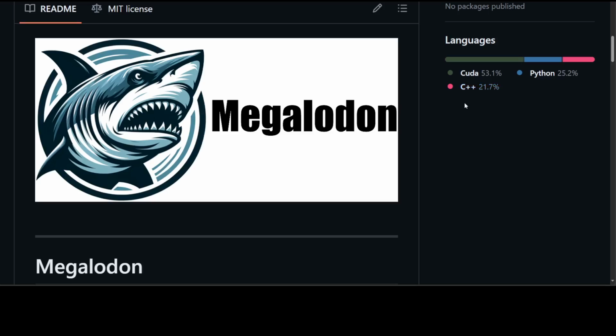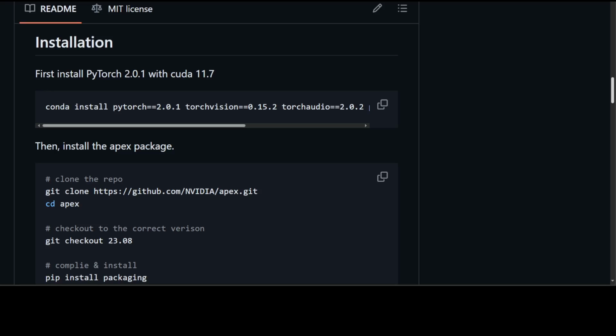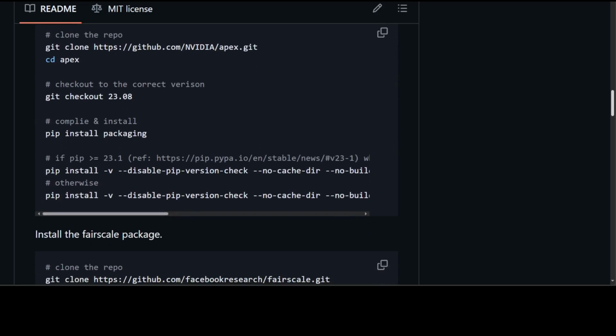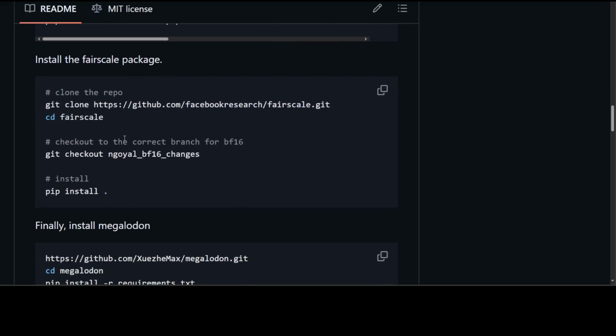I will drop the link to it in the video's description, and if you go through its GitHub repo, you will find that they have given some installation instructions with PyTorch and CUDA, where you would have to just git clone this repo. Then you need to install the fairscale package. Fairscale is quite a fine package developed by Facebook AI Research, FAIR, that provides various tools and utilities for training neural network models, especially focusing on large scale distributed training and model parallelism.